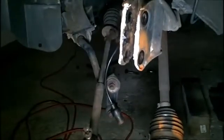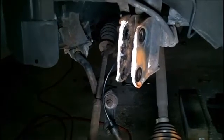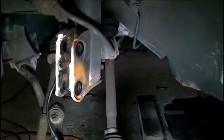So I did that with both sides. I actually had to heat up the bottom nut. I had to heat it up with the MAP gas in order to get it off, with the electric impact wrench, combine those two, and I got both off there. I kept the screws in for the time being because I wasn't sure how loaded it was going to be